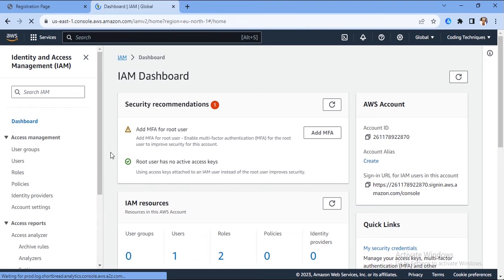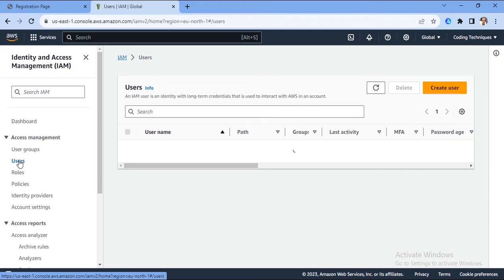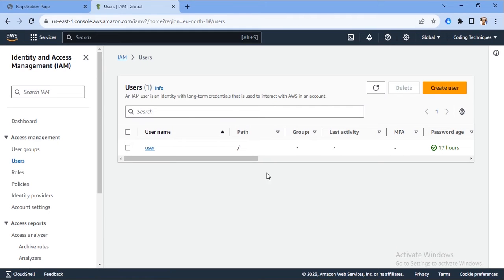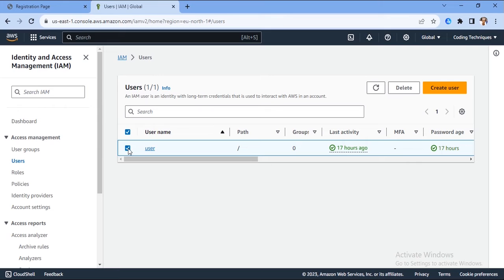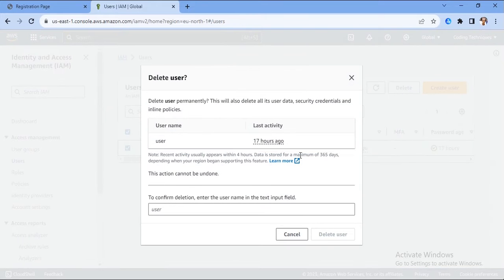Okay, so here we have, you will go to these users. Here we have a single user. Okay, so now I will delete this user and create another one with the same name, user. I don't want to create another user here because I want to use this name. Okay, so let me delete this. Okay, to delete this, I will enter the name